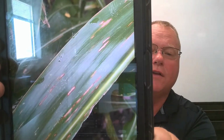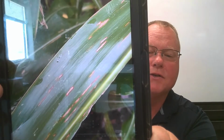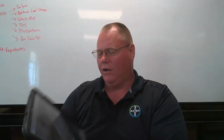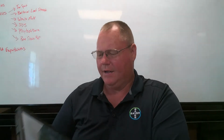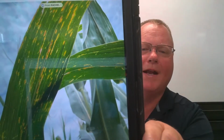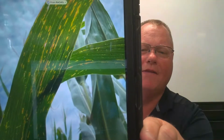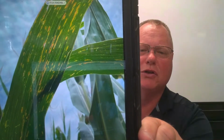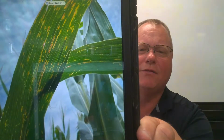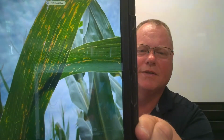Now, if you look closely at those lesions, you can see the margins are not as straight as gray leaf spot. And if you look up into the sky with the sun as a backlight, they kind of glow a little bit yellow, I guess is the way I would describe that. And they've got kind of a translucent look to them. They're letting some of that sunlight through. Gray leaf spot does not do that. It's not going to let the light through, so it's not going to have that yellow cast to it. And